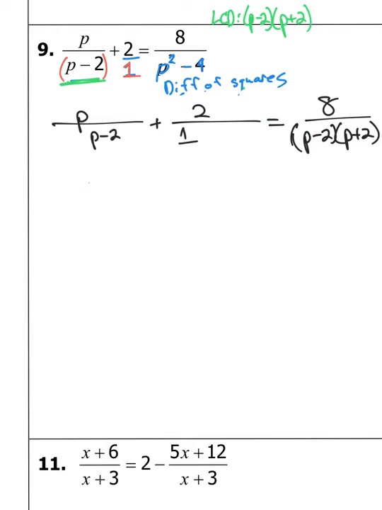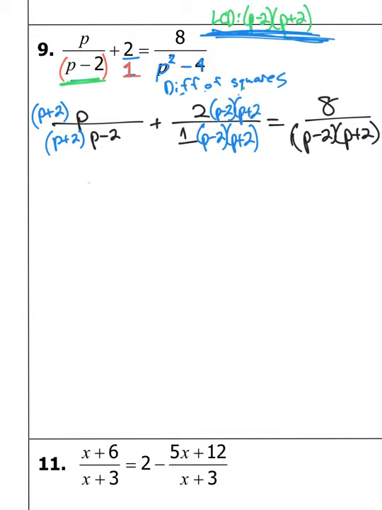Okay, I just rewrote my problem just to give myself more space. I'm trying to make each of the denominators my LCD, this guy up here. So for the first one, I'm missing p plus 2, right? If I have p plus 2, then now I have my LCD. So in order to make it hold true, I need to multiply the top by whatever I multiplied the bottom by. For the second fraction, I'm going to have to multiply by p minus 2, p plus 2, right? Because that's what I'm missing. I'm trying to get it to be this LCD. Whatever I do on the bottom, I have to do up top. And for the last one, if you notice, it's already the LCD, so I don't have to do anything